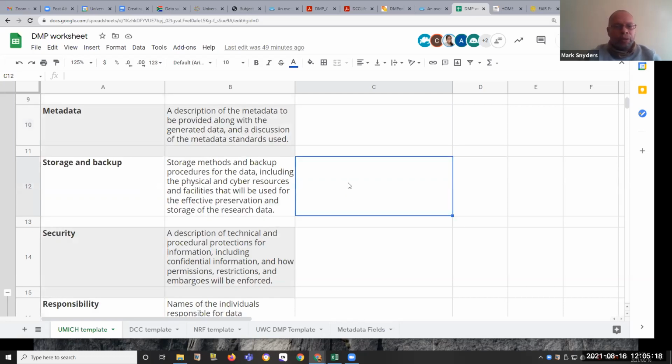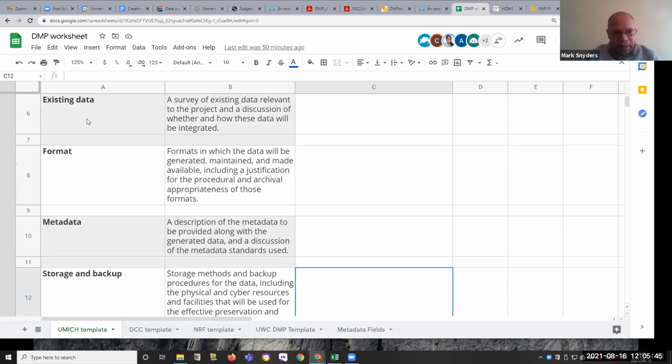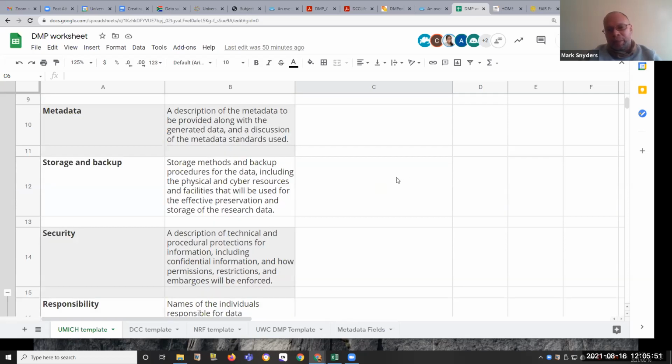This indicates where you're going to store your data and what your backup plans are. As far as the storage is concerned, if you're going to store your data anywhere, you need to indicate where it's being stored. In our case, you will indicate Kikapu or Zenodo, or you will indicate that you are using data that has been stored elsewhere, or you're using an existing data set that has been stored elsewhere. So in other words, the existing metadata, the existing data at the top, what you filled in there, if you have used someone else's data, you'll put it here as well. If you're using obviously your own unique data, then you will not fill in the existing metadata field, the existing data field.